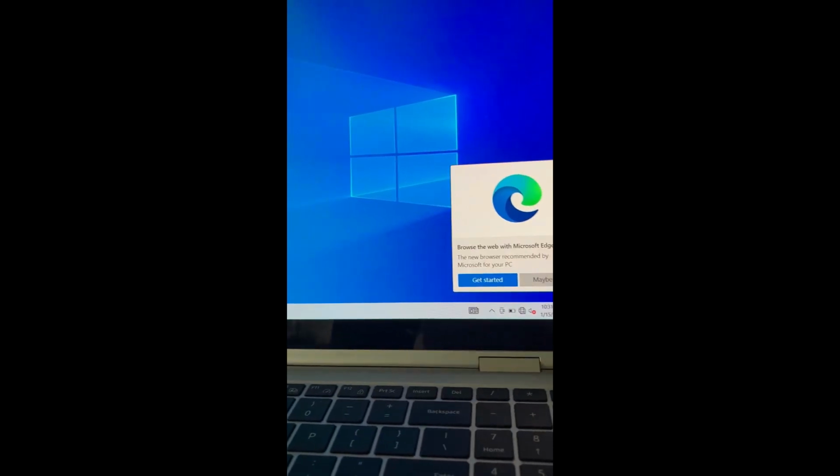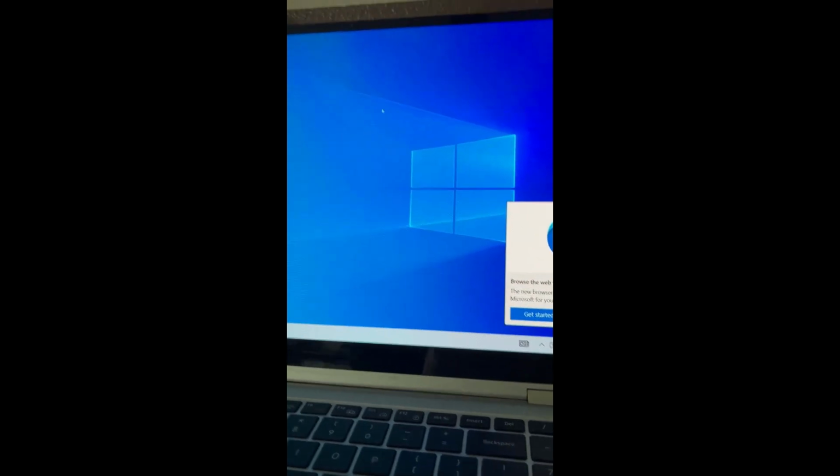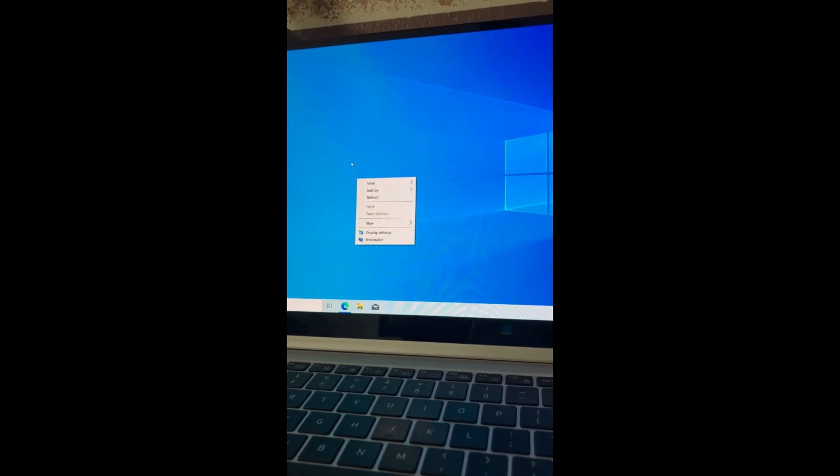Alright, and now we're almost here. And there you go. The best way to install Windows. And, you know, Microsoft Edge, of course. Of course. Why wouldn't you want Microsoft Edge? You know, I'm just happy to have Windows 10, man. Look at this amazing thing. And then the best thing